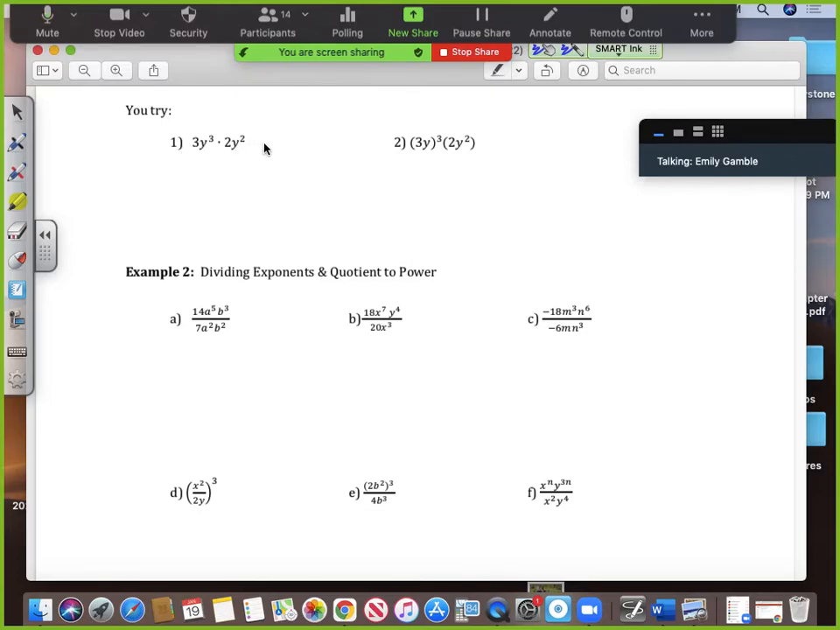a power rule first. That is the first thing you have to do if it is there. But there are no parentheses, so I don't have to worry about that. Then what I'm going to do is get rid of the 3 and 2 by multiplying 3 times 2 like